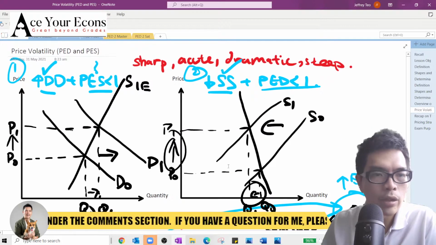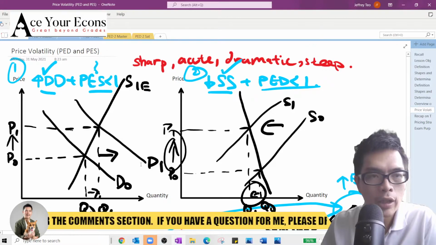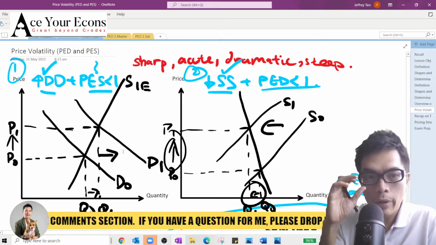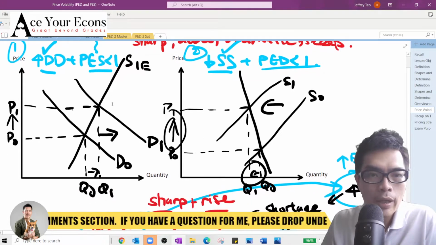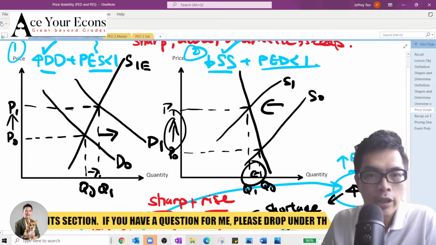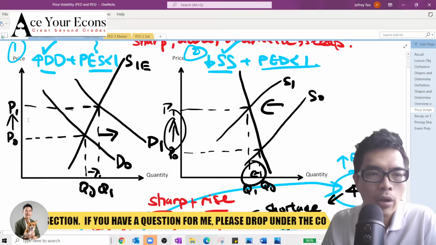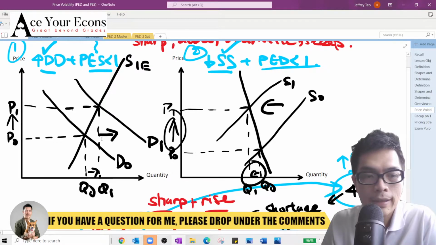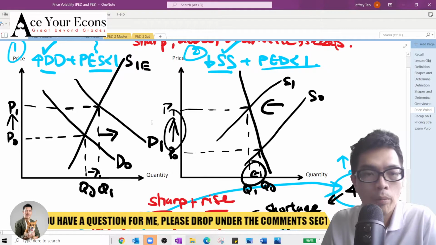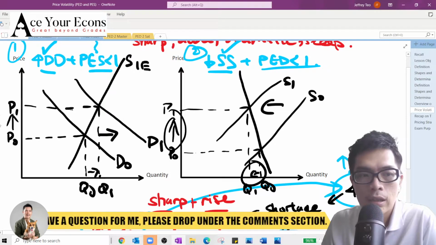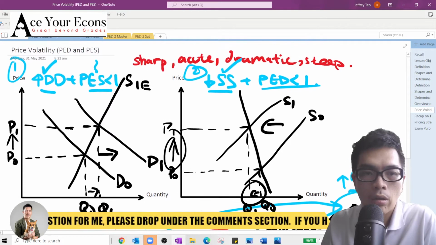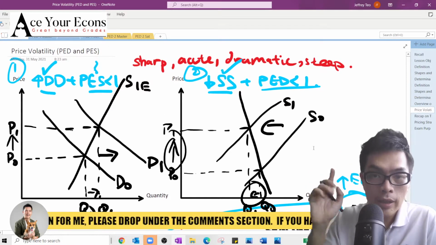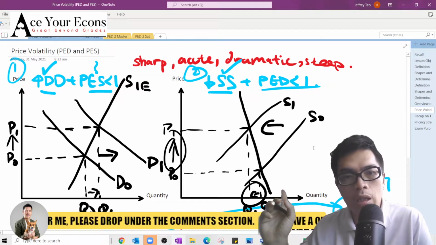So these are the two representations that we have drawn last week. Only when your demand and supply curve is sufficiently steep enough will we experience a more than proportional increase in price, for both cases. You can see that the price increases more than the changes in quantity. So this has been tested last week in the practice question.